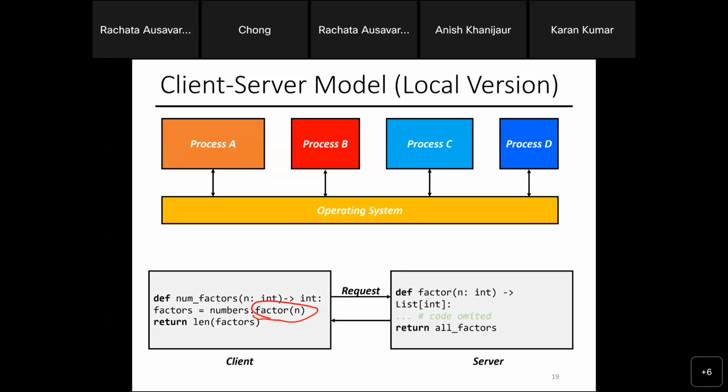And let's say factor is defined in another object, right? And I send a request to that object and say, hey, run this method. I want to run this method with this input. So the server says, okay, I will use n as an input, I will run this code here and return back the number. Then I reply. You can think of it this way. Basically, a function call works the same way. I call a function, something happens, I get the return value, right? But this is locally on one single machine.